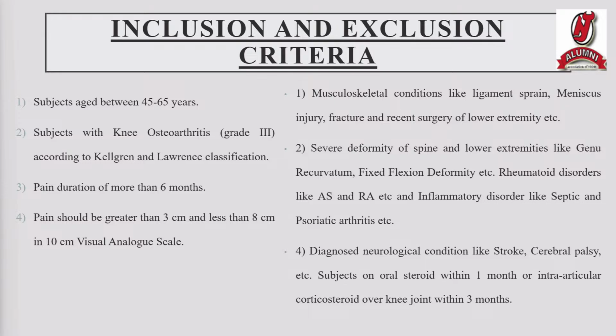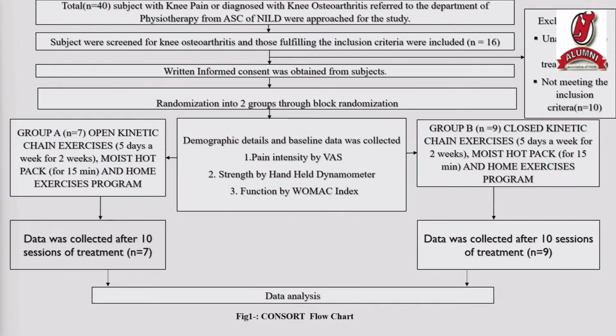Inflammatory disorders like septic and psoriatic arthritis, etc. Diagnosed neurological conditions like CP and stroke, etc. were excluded. Subjects who were on oral steroids within 1 month or intra-articular corticosteroid over the knee joint within 3 months were excluded. Next. Total 40 subjects with knee pain or diagnosed with knee OA referred to the